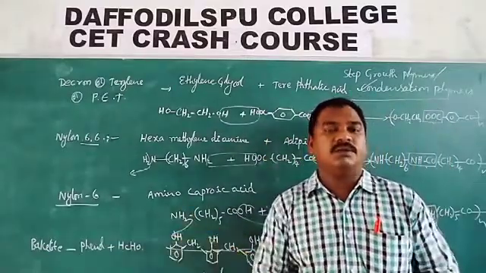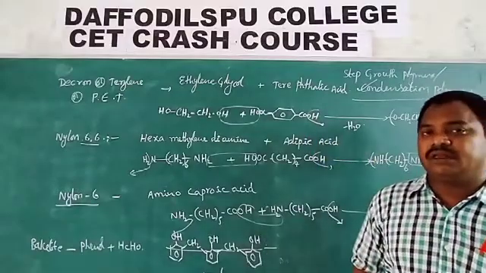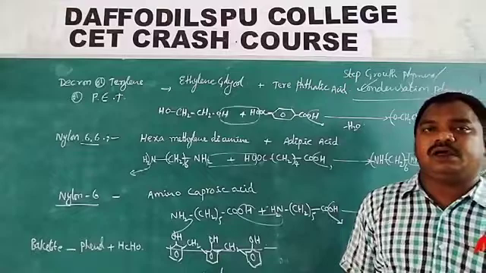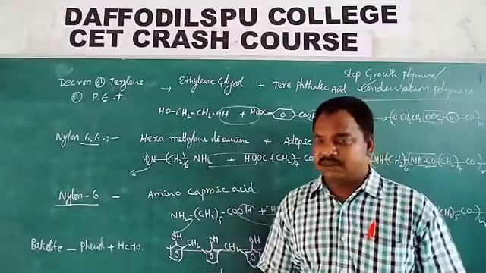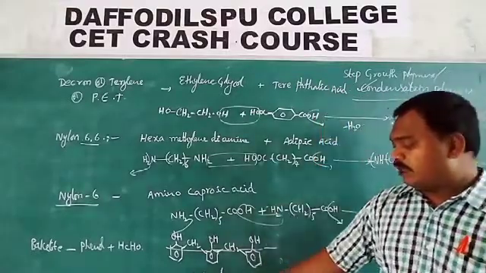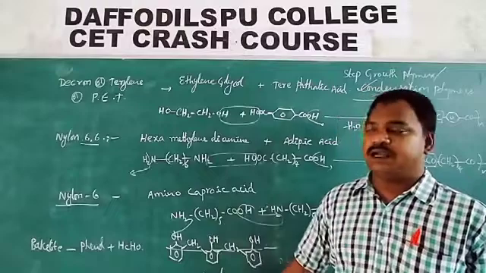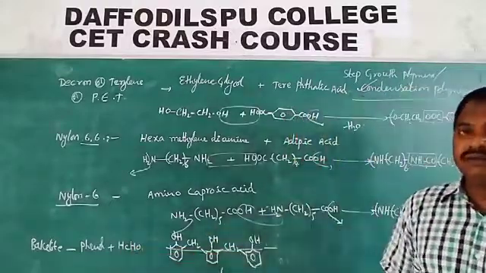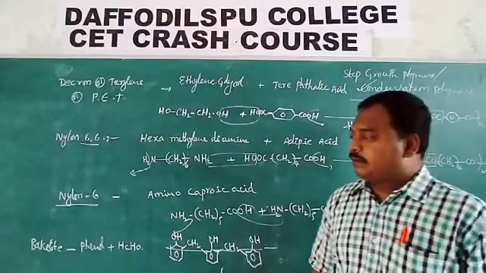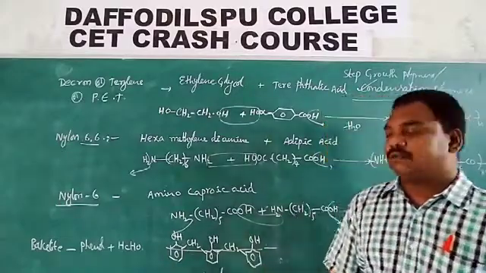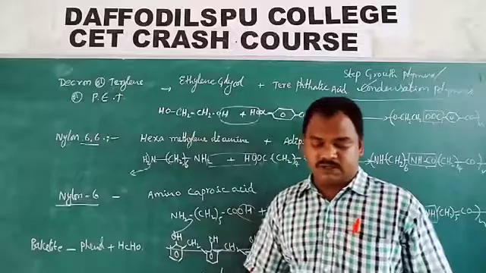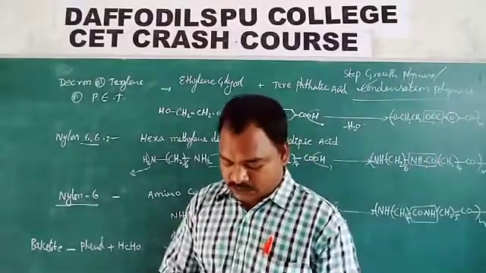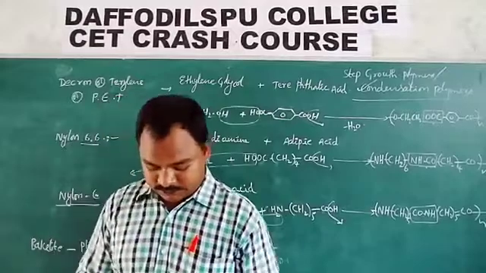Once this was asked in exams: with phenol and formaldehyde, a polymer is formed, and that polymer is used in the paint industry. What is the name of the polymer? That is the question they asked in one of the exams, and the polymer name is Novolac. Novolac contains what monomeric units? Phenol and formaldehyde. Bakelite also contains the same thing, but it contains more formaldehyde. Okay, so that is about condensation polymers.